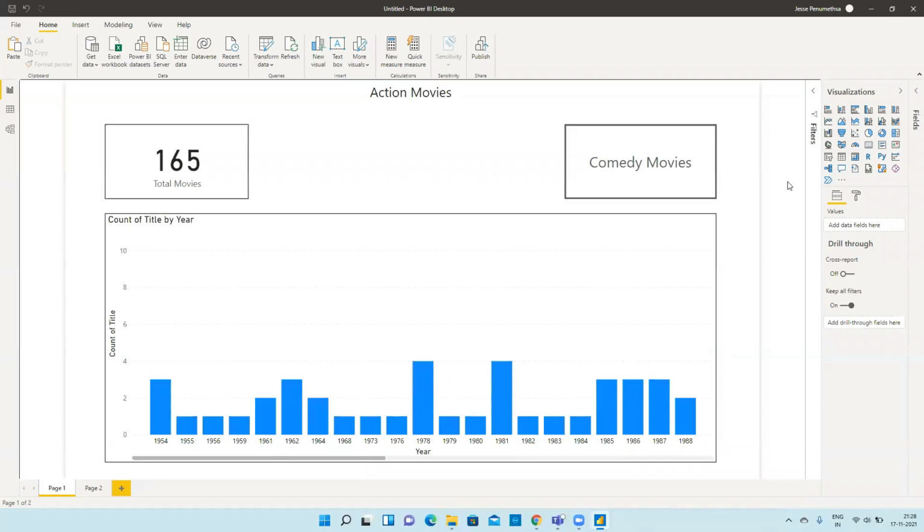Let me take this report. So he will take this report and you will move out of that project, saying once the work is done we will keep on moving. We will go to another project, you will move to another project, and your client will also move to another project. He or else he may leave the organization as well. The report was created in the way he could understand it. Now if a new person comes in his place, it's not very easy for them to understand what exactly you have done. So for that purpose, we can provide one small information button which will help you and your client as well to understand how each visual is working.